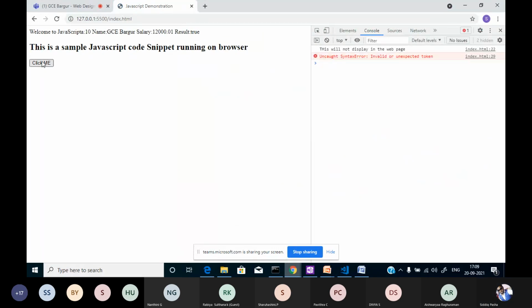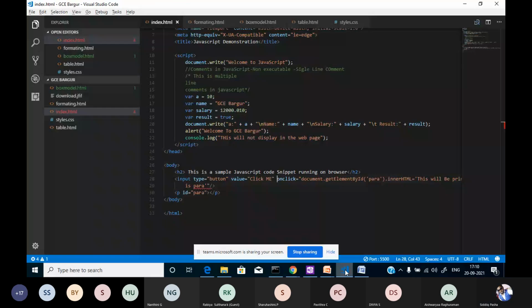Fine. There is some problem over here, so this will not display in the web page. Invalid or unexpected token in line number 29. There is some mistake we have done over here. Line number 29.